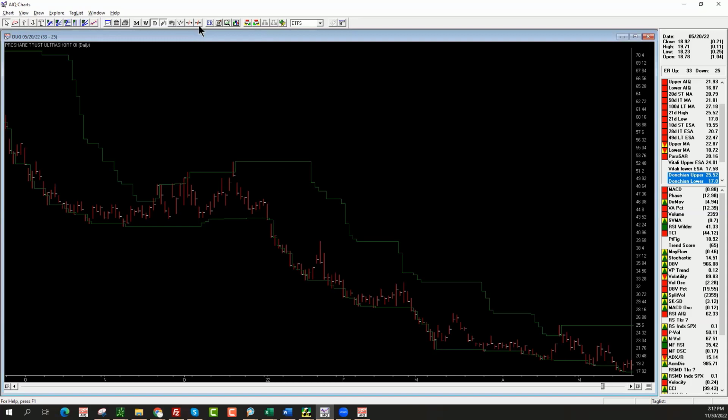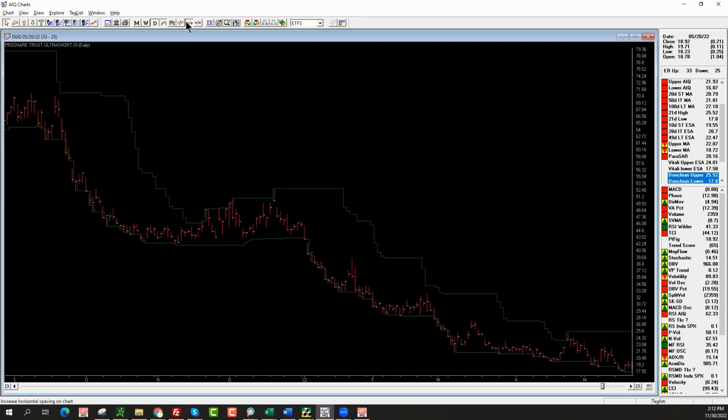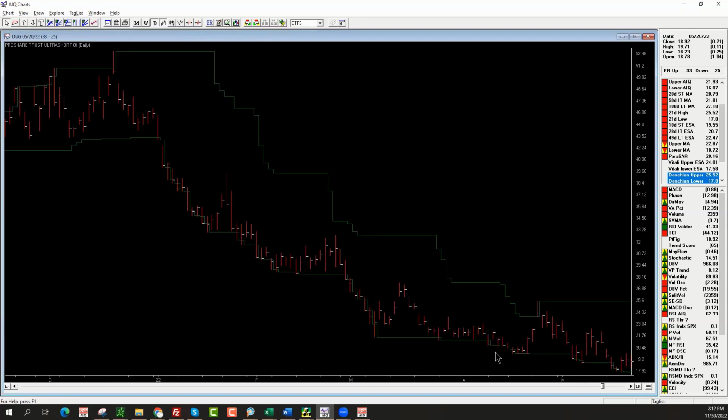zoom in on that a little bit. No, wrong one, there we go. You see this happen quite a lot. It gets to the lower band. Remember, this is 20 days, so you're looking at sort of a month's trading going on here when you have